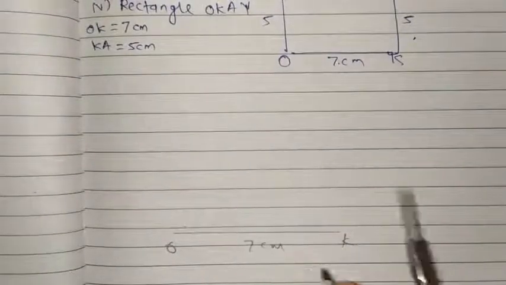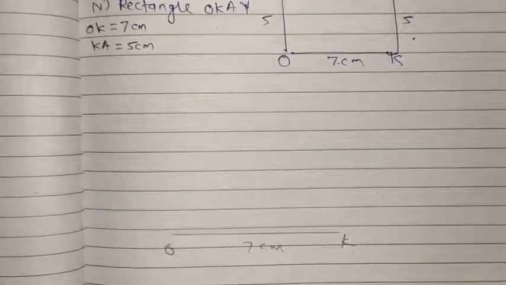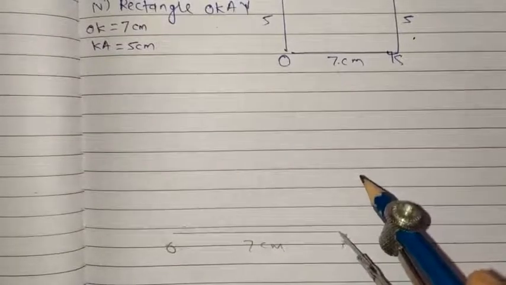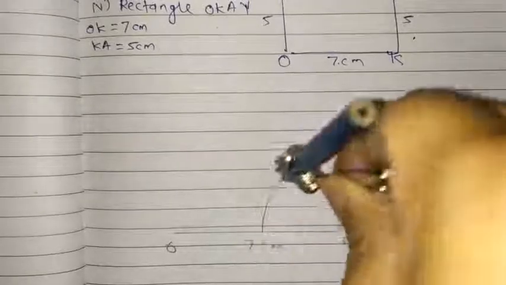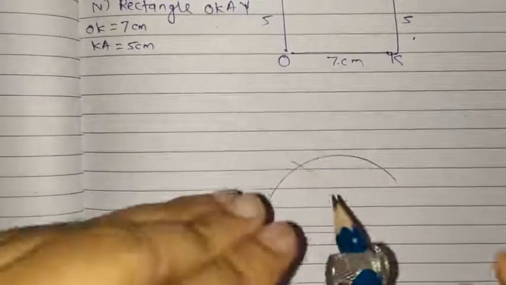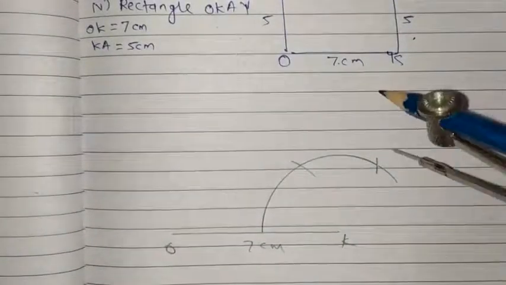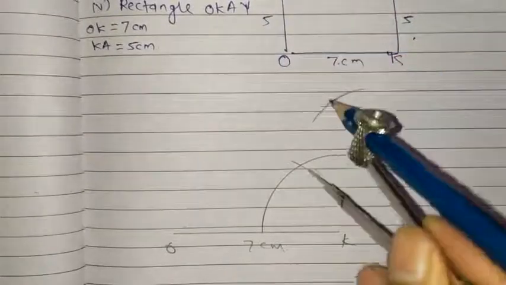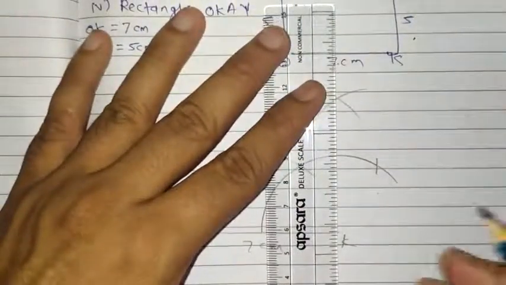So now here we got 7 centimeter, and then here you have to make the 90 degree angle. As you know how to make 90 degree, at point K I want to make 90 degree. So make the arc which will touch the line. So here this will be 60. Next arc will be 120. For making 90 degree, put your compass at both these points. So here we got 90 degree, make the line carefully.